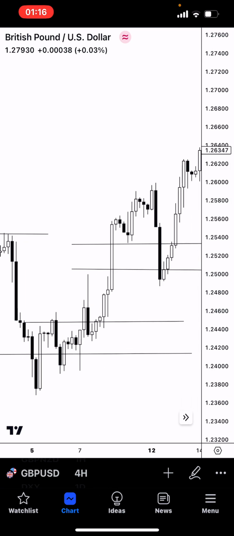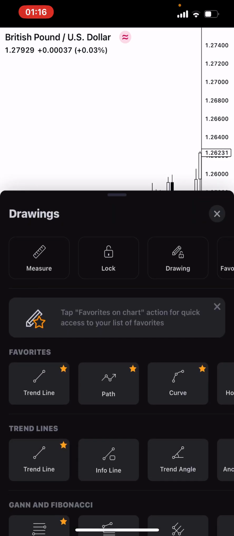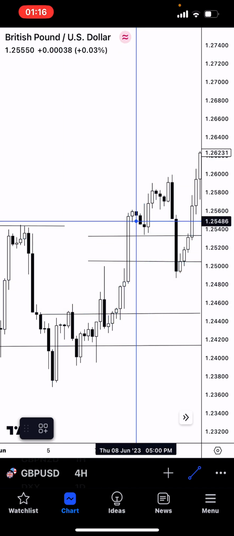On the week, the general rule of thumb is if we're below the Sunday open price, we're in an area of discount, if we are predominantly bullish for the week. So you should be aiming to buy the market below the Sunday open price if you are expecting it to be bullish. But obviously, you are not at that stage yet, so I'm not expecting you to be buying below the Sunday open price and then holding it for the rest of the week, because that's quite advanced. So once we break above and we find that fair value gap,